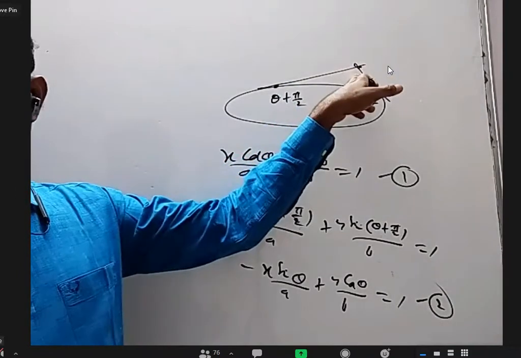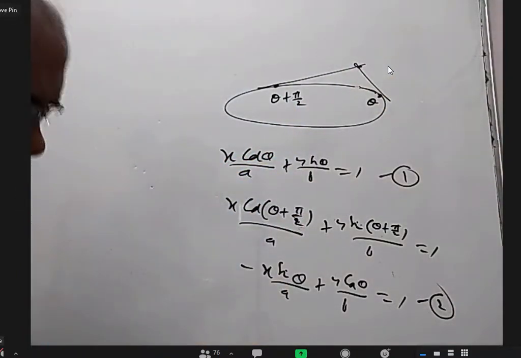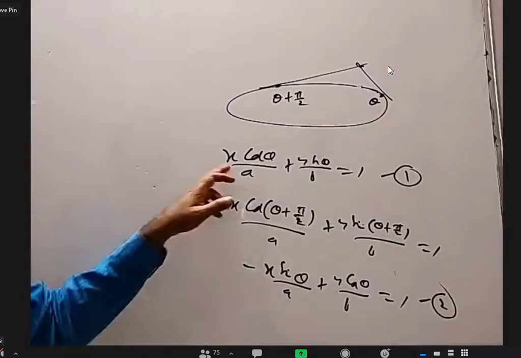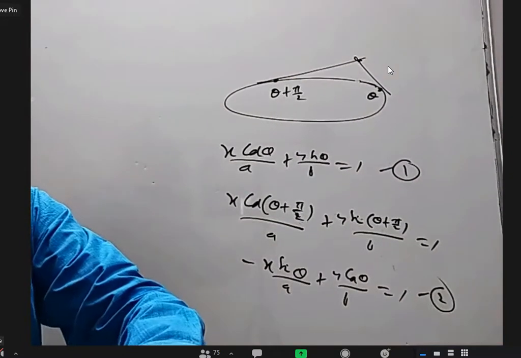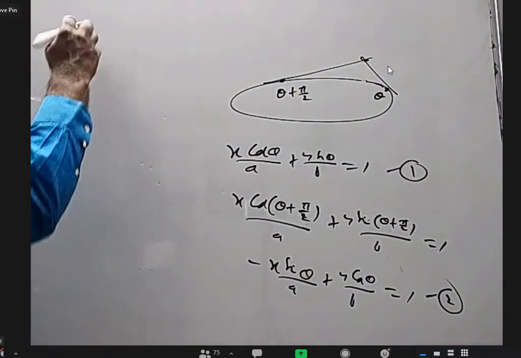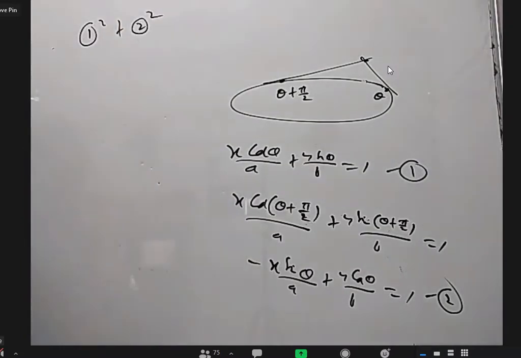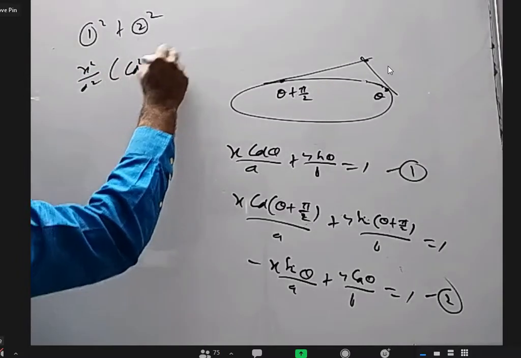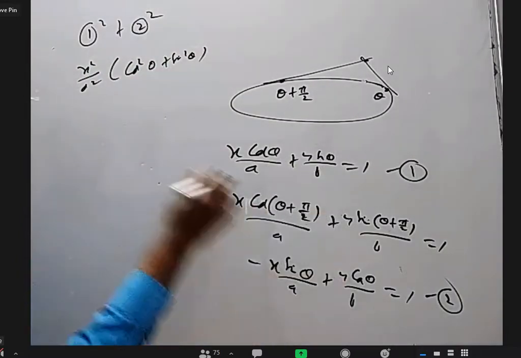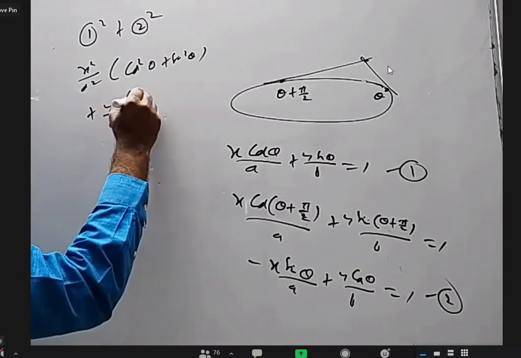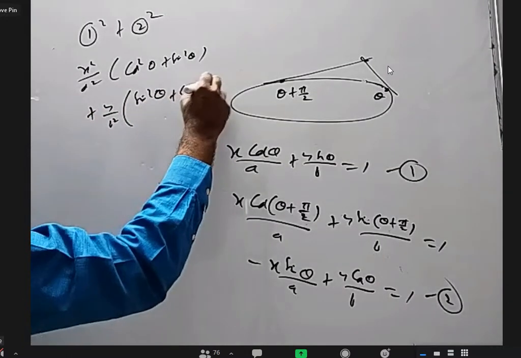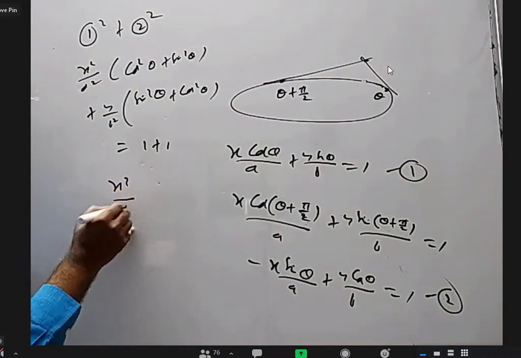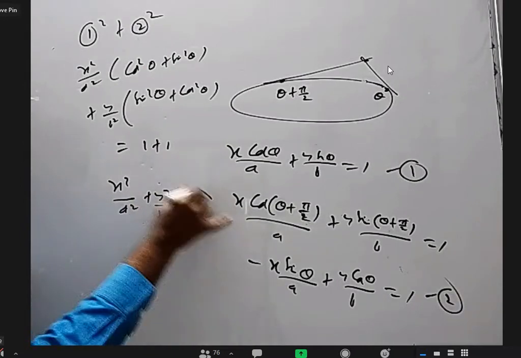Now, if this point is x comma y, it should satisfy this and this both. So, locus means relation between x and y without variable theta. Okay, how to eliminate theta from these two? You square and add, theta will go. If you take equation 1 square plus equation 2 square, you will get x square by a square into cos square theta plus sin square theta. Similarly, these two, y square by b square into sin square theta plus cos square theta. The 2xy term here minus 2xy term will cancel. You get 1 plus 1. So that is x square by a square plus y square by b square equal to 2.